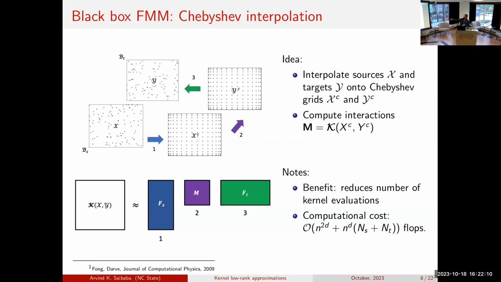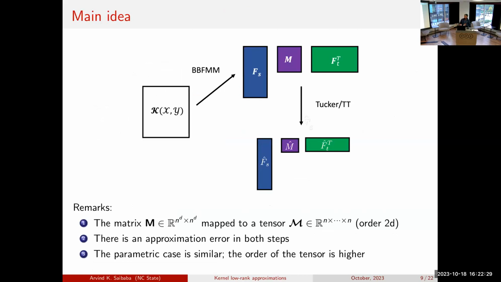But fundamentally, you can look at this as a matrix problem of n squared by n squared Chebyshev nodes, or you can look at it as a 4-dimensional tensor, n by n by n by n. So in 1 dimension, you're going to have a matrix. In 2 dimensions, you're going to have a 4-dimensional tensor, and so on. In 3 dimensions, it's 6 dimensions. Okay, so the core of our idea is first use the Chebyshev approximation, which I call black box fast multipole method. That's one set of approximations. Second, the core matrix, we look at it as a tensor, and then we compress it. Okay, so that gives us this M hat.